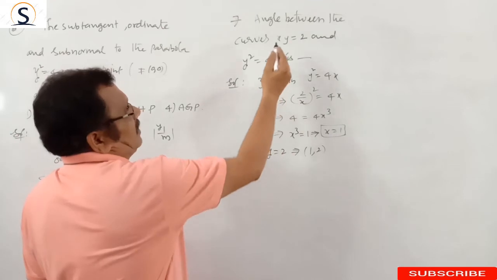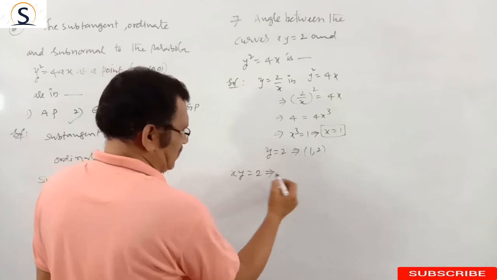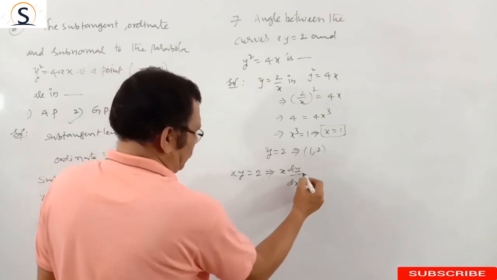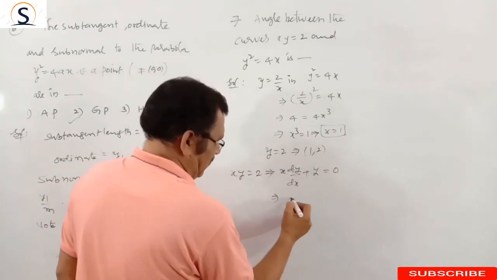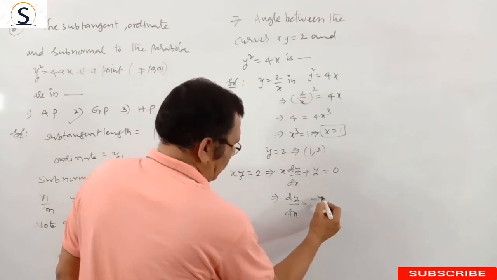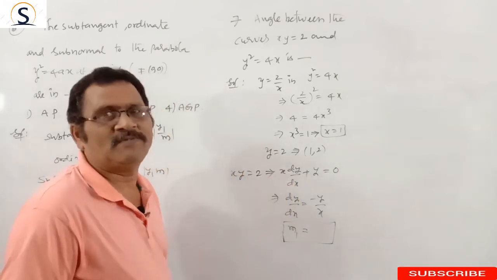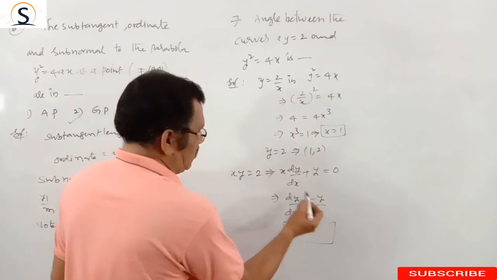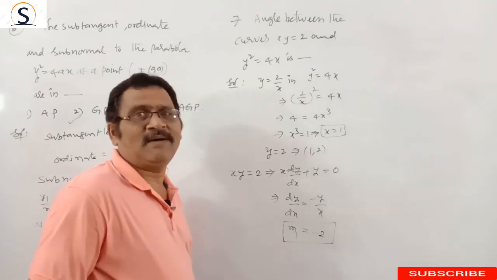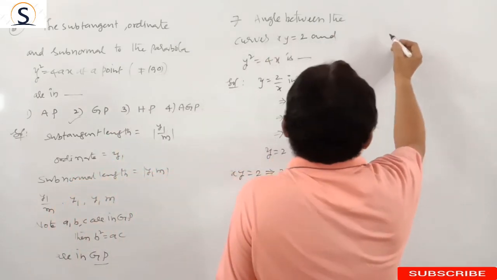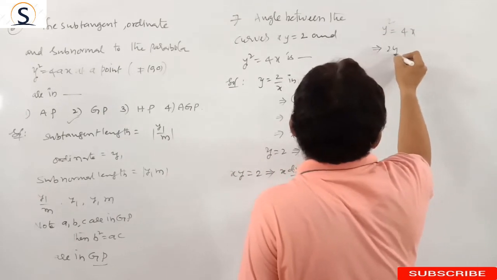Next, differentiate the first curve and the second curve with respect to x. Now, xy is equal to 2 implies x into dy by dx (u into v dash) plus y into the x derivative, which is 1. This is equal to 0. That means dy by dx is equal to minus y by x. I will call this m1, the slope of the tangent to the first curve. Minus y means minus 2, so minus 2 by 1 is minus 2. This is m1. Next, for y square is equal to 4x, differentiating,